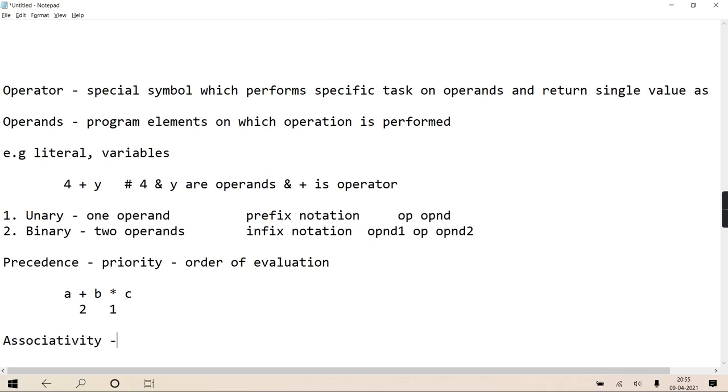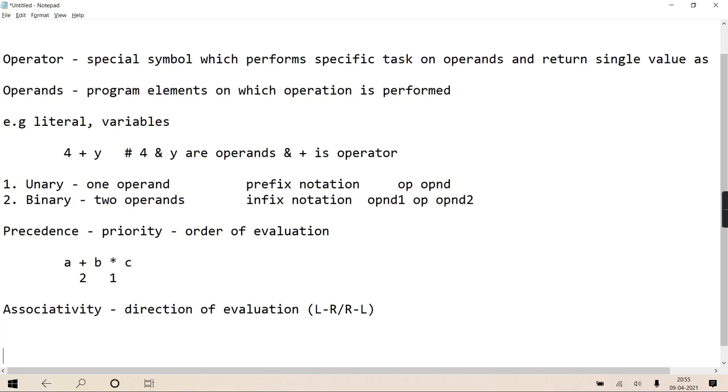Now associativity comes into the picture when all the operators have the same precedence. Within an expression, if the operators have the same precedence, then associativity comes in. Associativity means the direction of evaluation, that is, whether left to right or right to left.